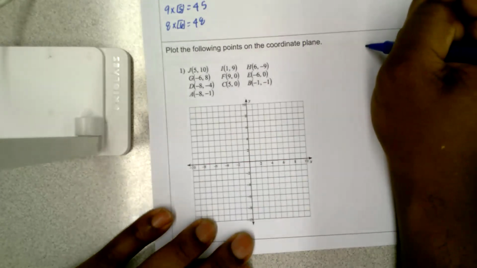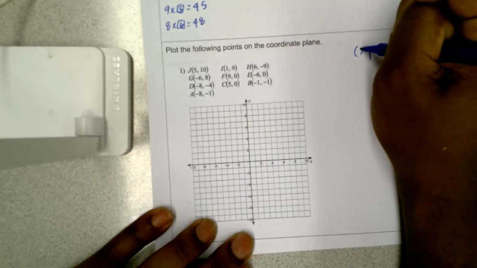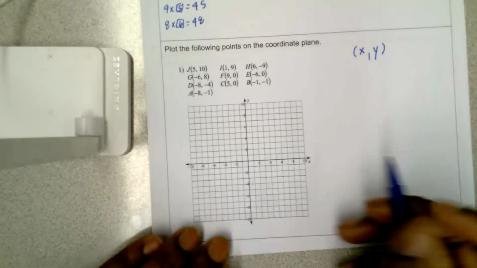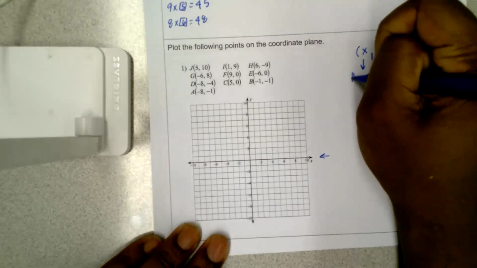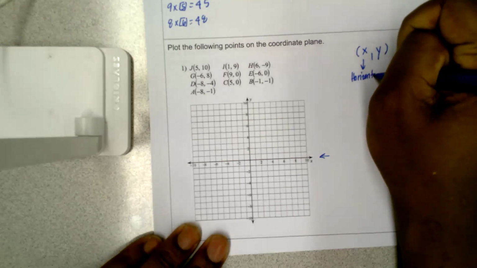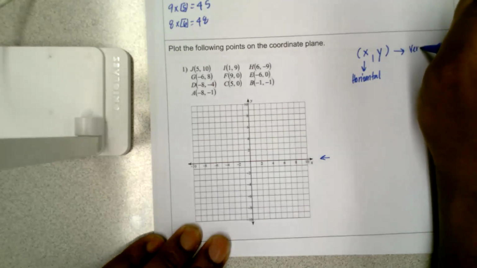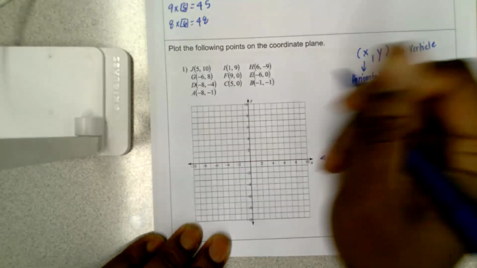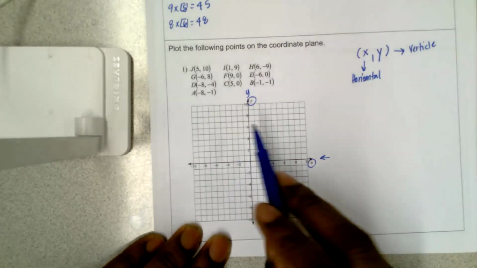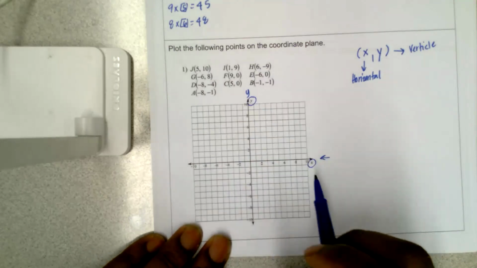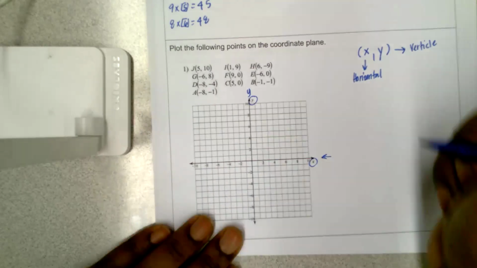So plotting points has an X and it has a Y. This line that is horizontal is your X, and the line that is vertical is your Y. It also says it here. It'll always pretty much tell you where your X and your Y is, but just remember, your X is horizontal, your Y is vertical. So step 1,